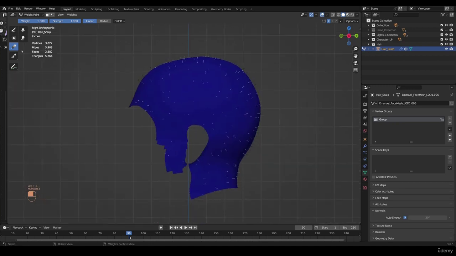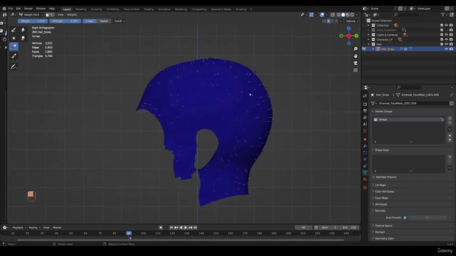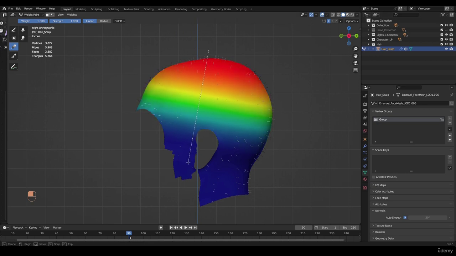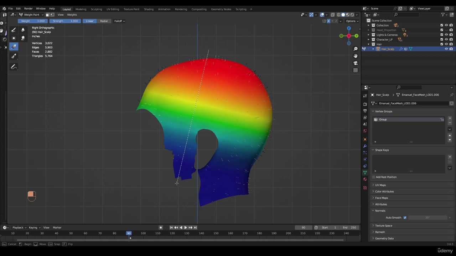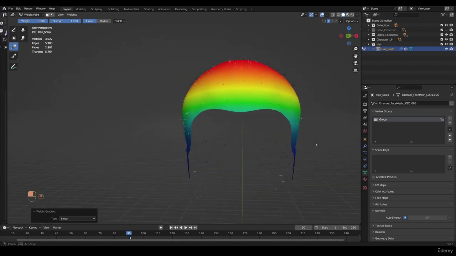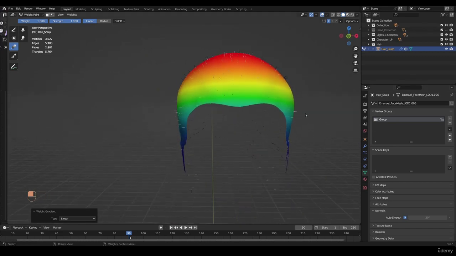Onto the side view again, onto the gradient. With that said, I do want the more hair at the top to begin with, right? So maybe something like this would be fine. All right, so that's just a base right there. Okay, and of course,